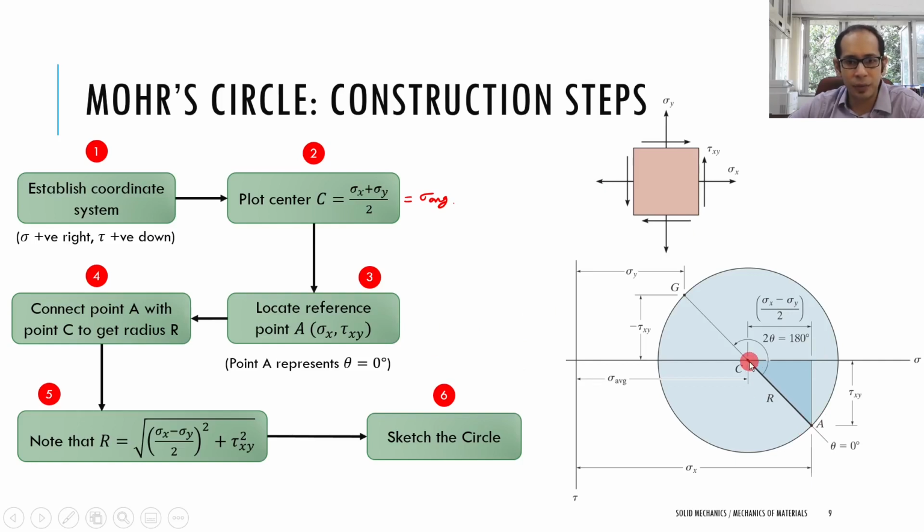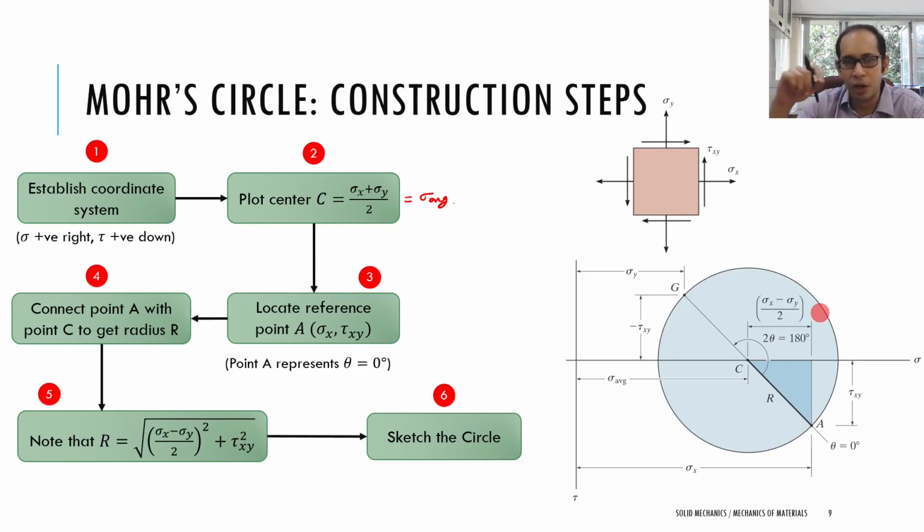Now if you connect from the center to this point, this gives you the radius of the circle R, and now that you have the center and the radius of the circle, you can go ahead and sketch the whole circle. And note that this radius of the circle, what it says in this step 5, is equal to this one. This is also something we have derived. So once you know the center of the circle and the radius of the circle, you can sketch this entire circle. Now let's go back and revisit the different salient points of the Mohr circle,